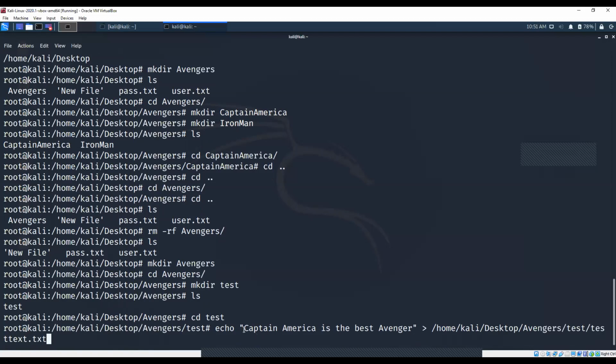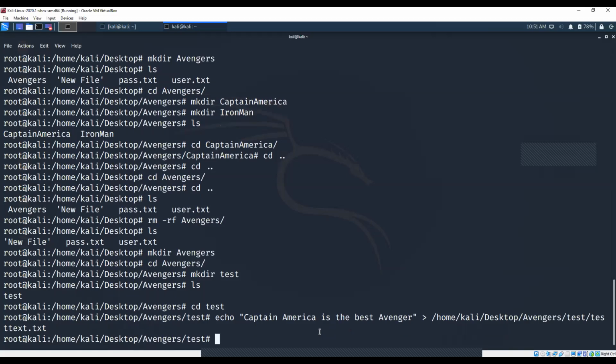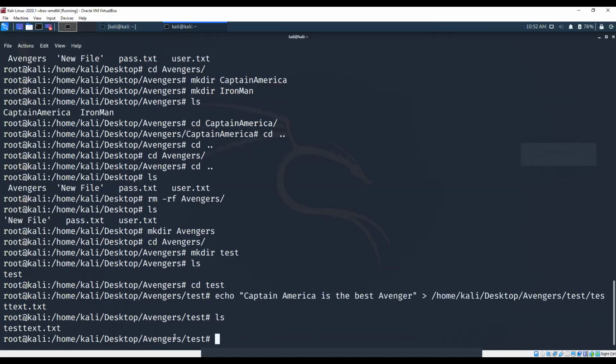The extension for this text file should be txt. If you are writing any code over here, if you are writing an Android code, you can give .apk, or if you are writing some executable code, you can give .exe, and you can simply click enter. Now what happened is that you have actually echoed this particular line into the text file called test text.txt, which is actually present in this particular location. So let me just check it out. I have got test text.txt over here.